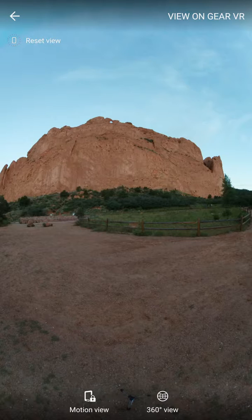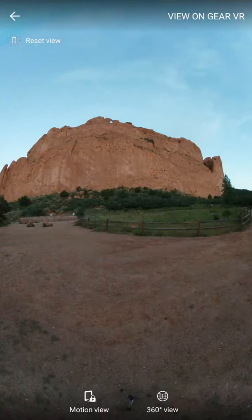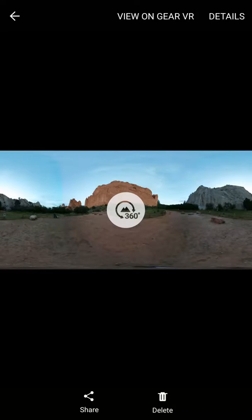And then up at the right, you can see it says View on Gear VR. If we press that, it brings us to this spot where it prompts us to place our phone inside of our Gear VR headset. We won't do that right now. So if we go back,